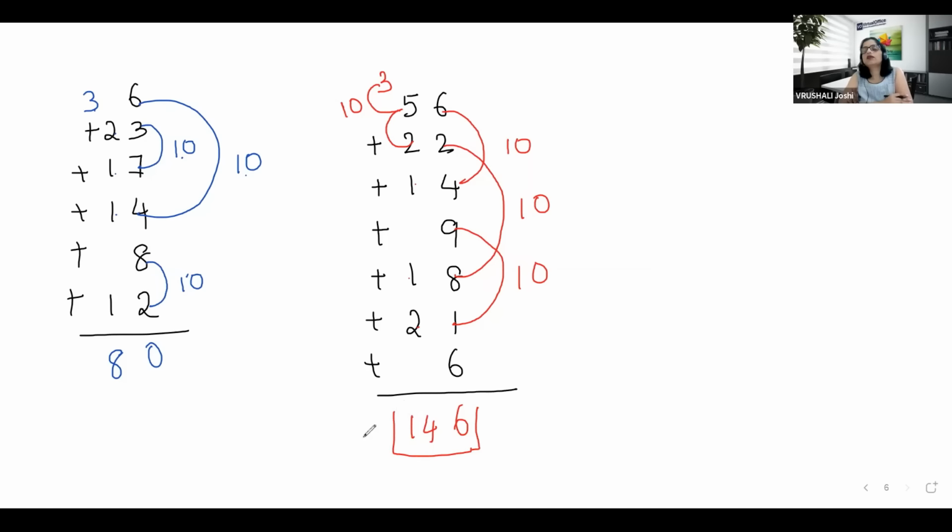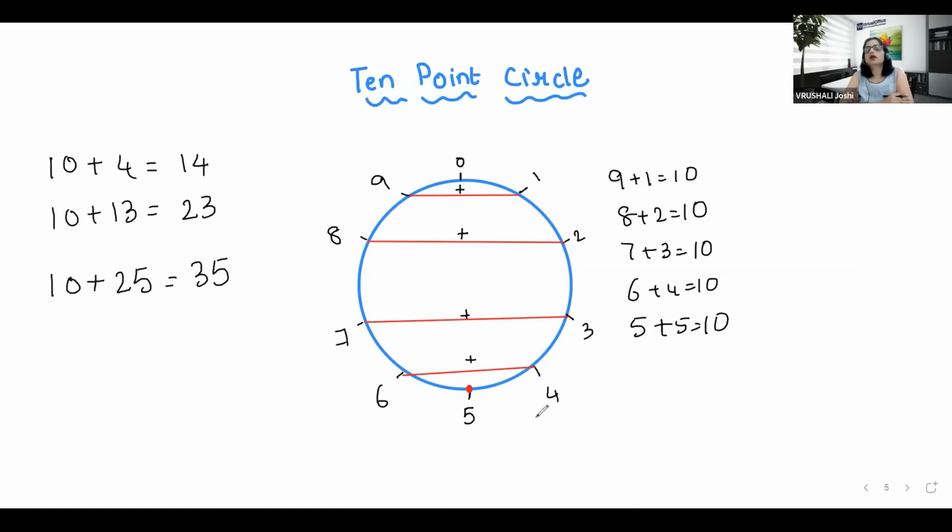Are you getting what I'm doing, everybody? Yes. Okay. I want all of you to take anything, whatever you want, a bangle, a lid, anything. Draw a circle and try to do this. Or maybe even if you have the geometrical thing that you draw the circle with, you can use that, and try to draw a circle and do this 10-point circle there in your notebook.